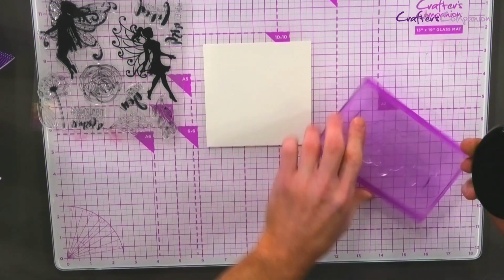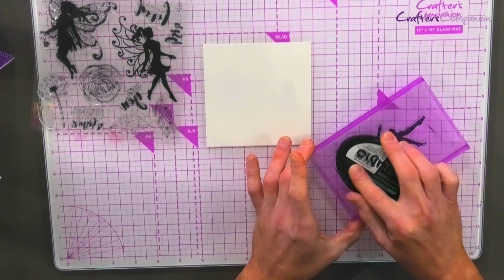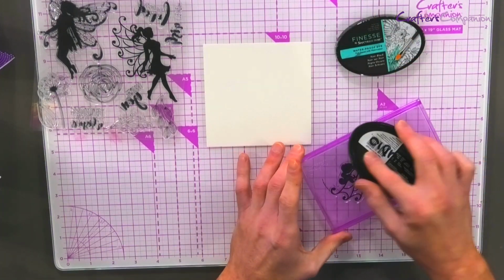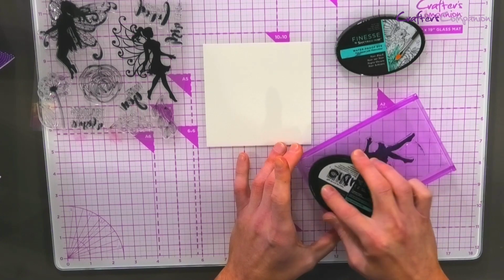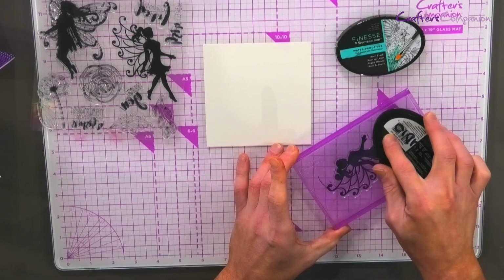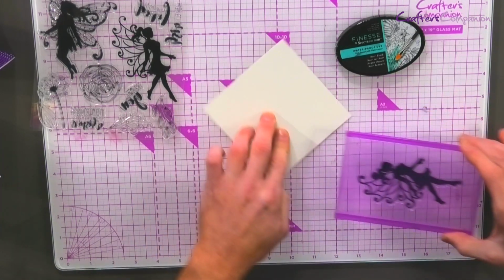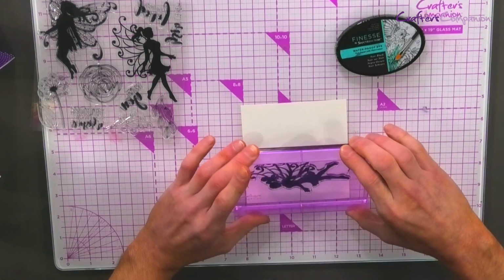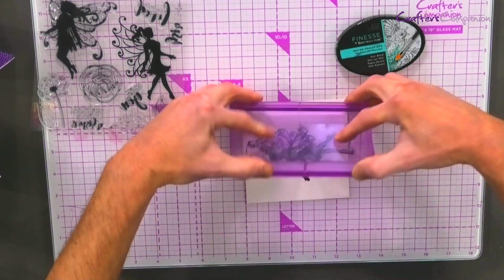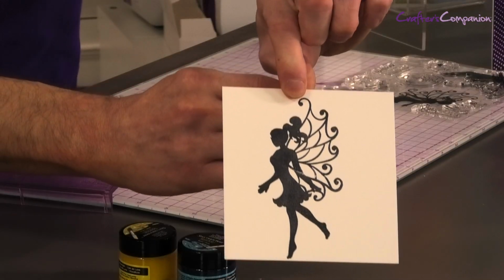Then I'm going to use my watercoloured ink pad. So this is our Finesse. If you want to see that one, it is the Noir Black Waterproof Dye ink pad from Finesse, all part of Spectrum Noir. So I'm just giving that a good coverage, just stamping that one out, making sure that I've got no ink over the edges. Then all I'm going to do is position my stamp and then I'm just going to rock and roll. Now look at that, the crisp, clean design that you get